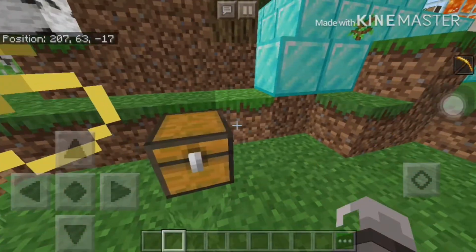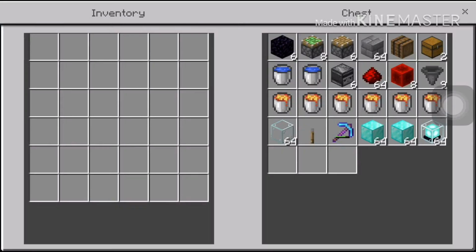So welcome back, guys. Now we are doing the tutorial, and these are the materials needed. 6 obsidian, 8 sticky pistons, 6 pistons, 64 building blocks of your choice, storage container, but I prefer a double chest, 2 buckets of water for infinite water source, and 6 buckets of lava, 6 observers, some redstone, 8